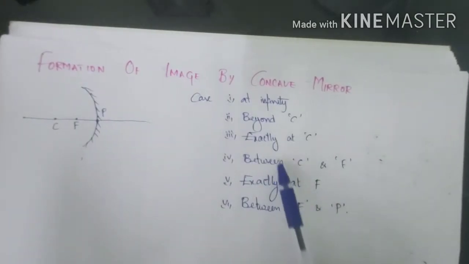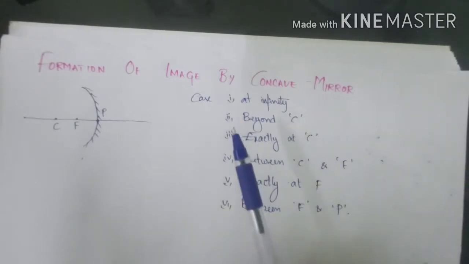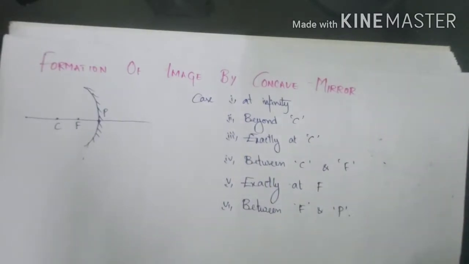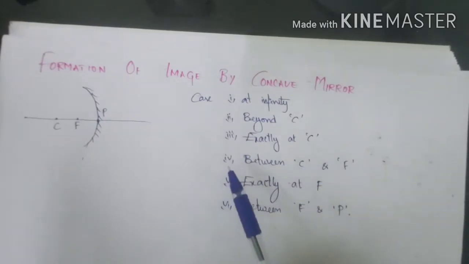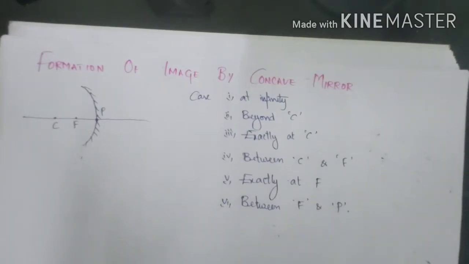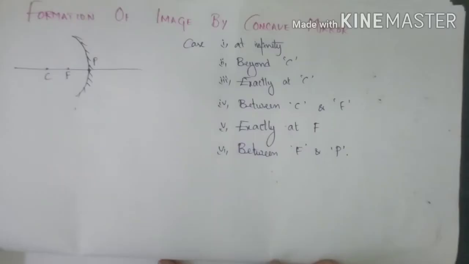As I have already discussed in the differences between concave and convex mirror, in a concave mirror, depending on the position, the image can be real and inverted or virtual and direct. Now we'll be seeing the cases where the image is changing, and in this video we'll be talking about the nature and size of the image formed by a concave mirror. Let's start with case 1.